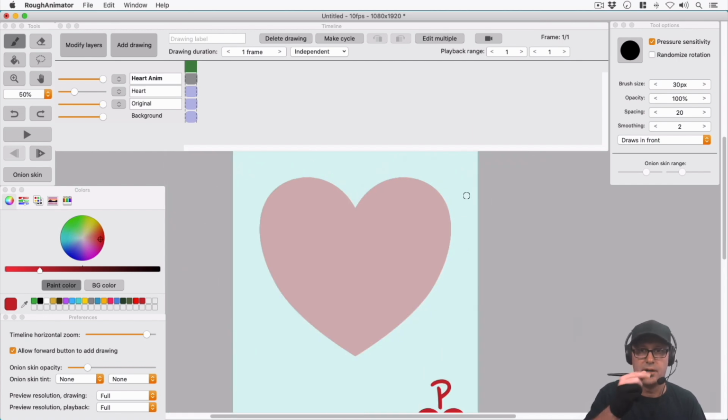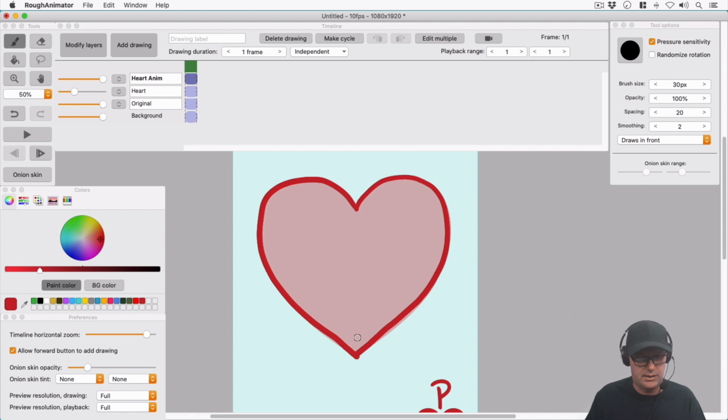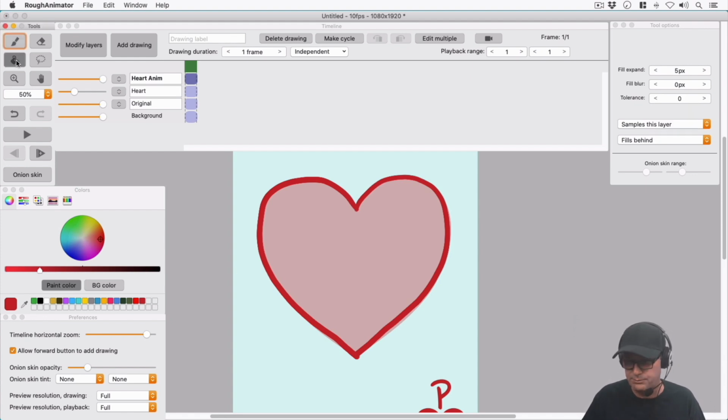And then I'm going to just switch to my stylus here, and I'm going to trace this heart. And I don't really want to make it like a perfect heart because we want it to have that hand-drawn look. So once I get it there, then I can switch over to my color fill here, the paint bucket tool,